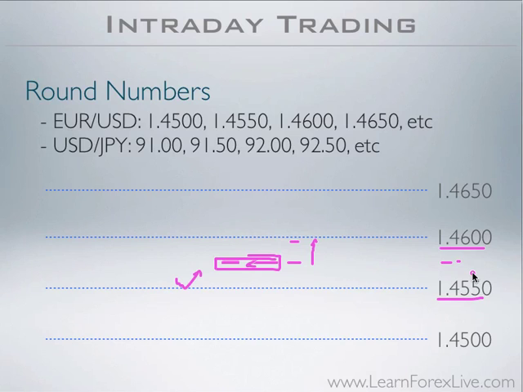Again, the ideal location is to squeeze your entry and your exits as tightly as possible in between two immediate round numbers. This is exactly the type of move you want to profit from as an intraday